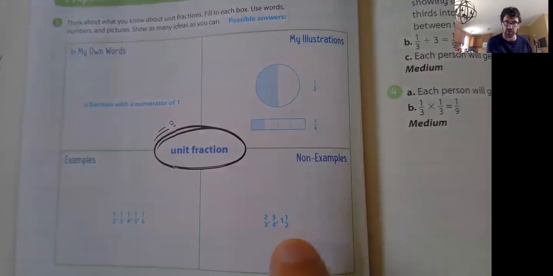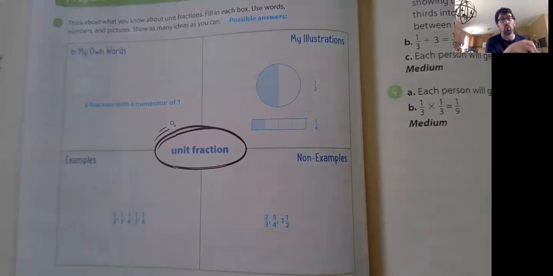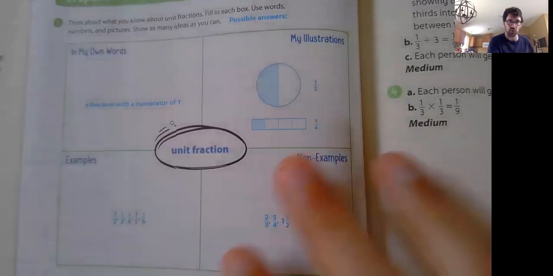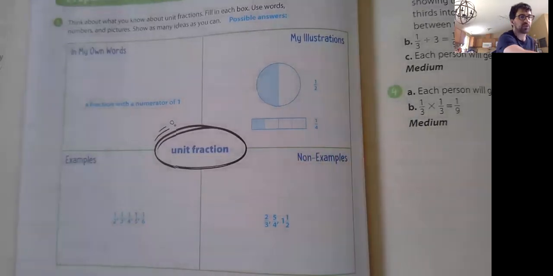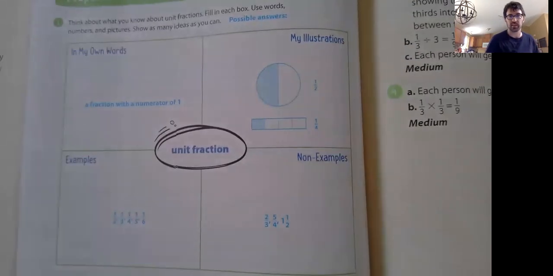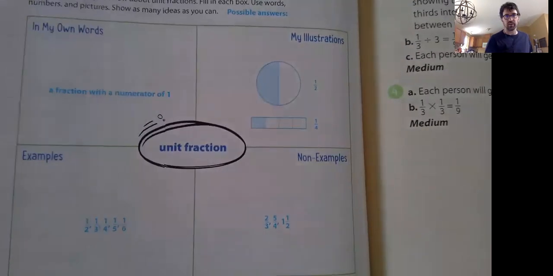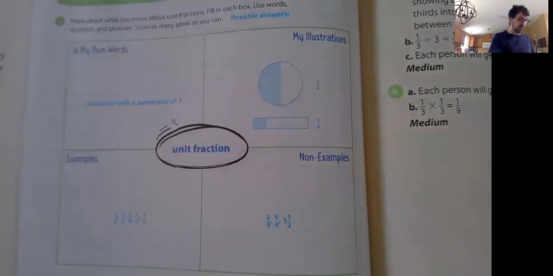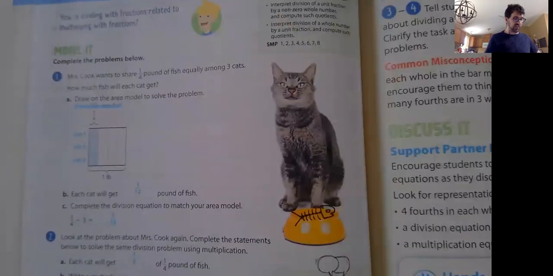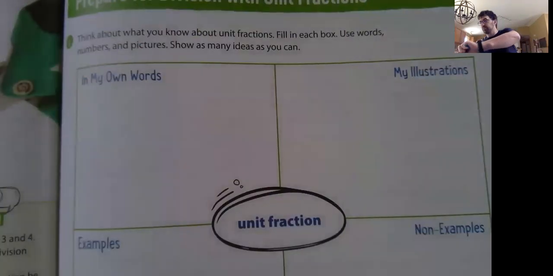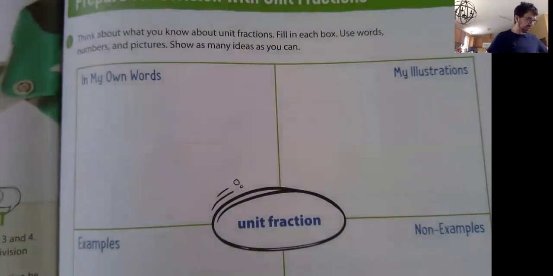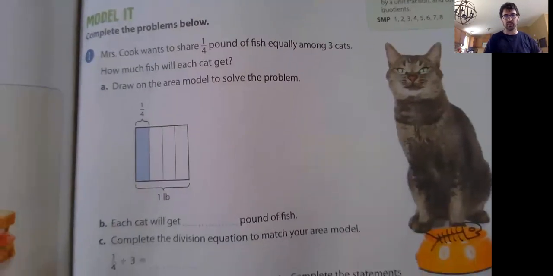But also mixed numbers are not unit fractions. Now you might be like, well, Mr. Smasher, there's a half in there. Well, yeah, that half part would be a unit fraction on its own, but not on its own. It's actually 3/2, right, as a fraction of the whole value of that number. Okay, so again, obviously, if you want to write this stuff down, pause it and do that. I'm going to make sure it's clear for you, like last time we did this. So it should be a little bit clearer now. There you go. Okay, so hopefully that helps as far as getting you guys started. I want to talk through this, so not just copy things down right away; you have to listen to me as I talk. Okay,